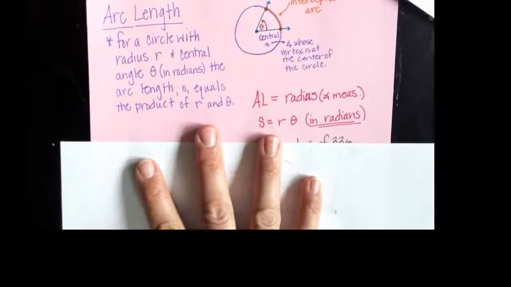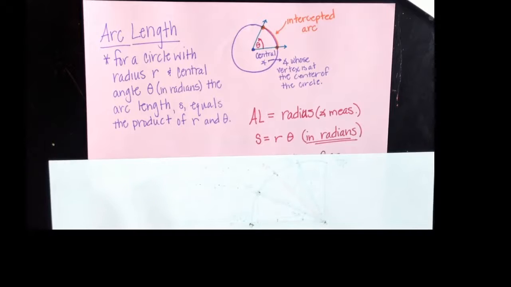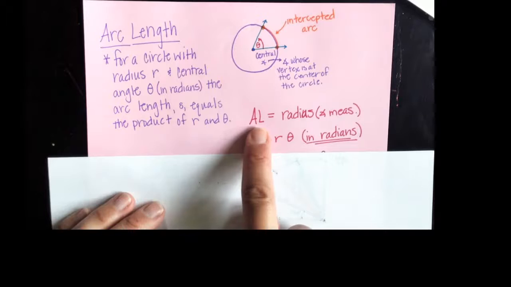All right, so let's finish with the last thing that your practice questions are going to talk about, and it's actually arc length. Now, we did arc length in honors geometry, and we did work it out using a different formula. That formula was specifically designed for degrees, all right? So when we're using arc length with radians,